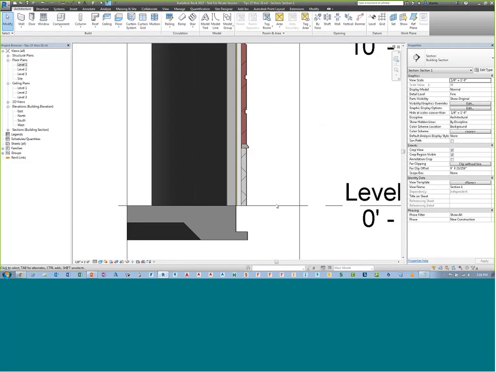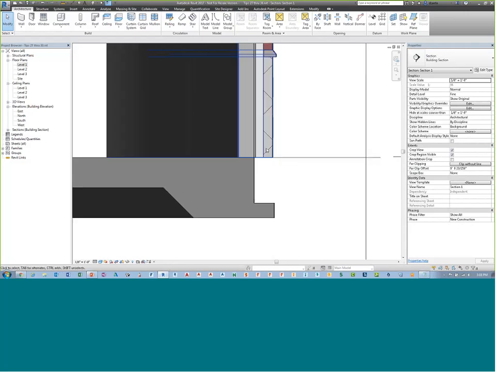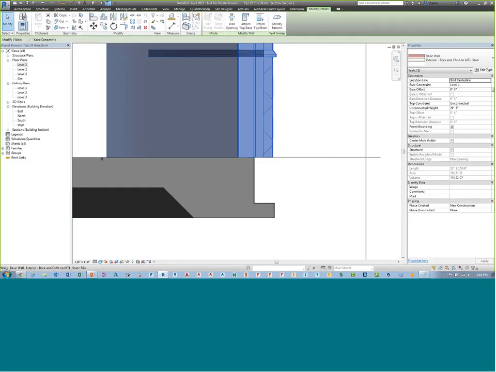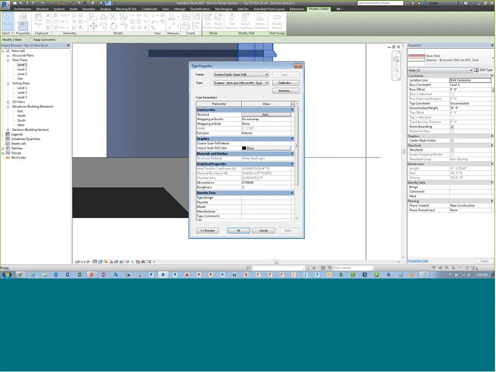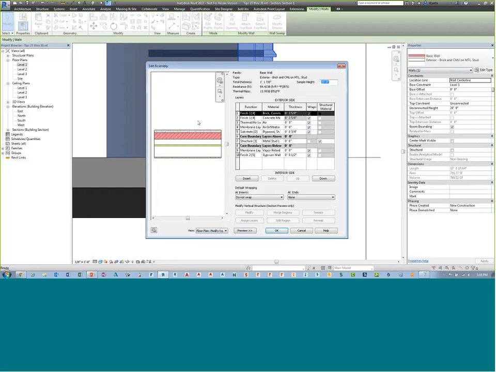All right, so I have a situation here where I need to show this layer of wall, this air gap of wall, this exterior plywood sheathing layer of wall to come all the way down and touch the bottom of that slab edge. If I select this wall, I go to its properties, I go to preview, I go to edit under structure. We know that we can see it in plan, but if we